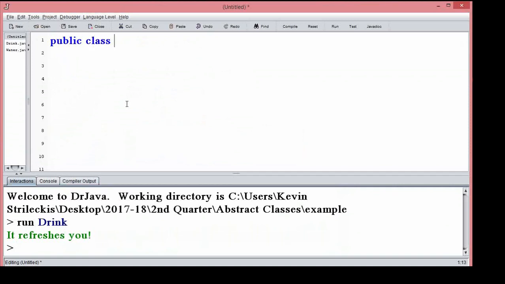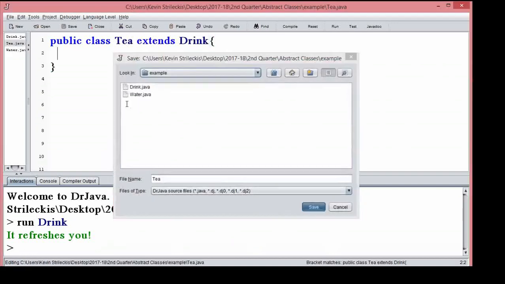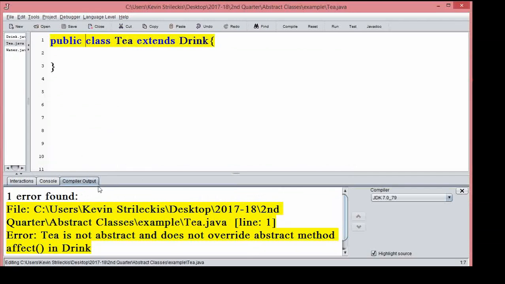As you might expect, it's pretty much the same thing, just public class T extends drink because tea is a drink. If I try and compile it, it's going to tell me I need to implement effect, public void effect.